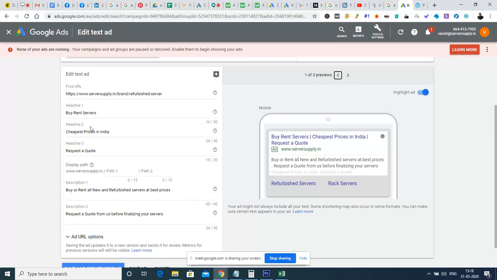Right, so headline 1, headline 2, and headline 3. And what we have is the display path. So display path is the place where we can configure the URL of the particular website. This is helpful in order to increase the ad ranking. Suppose I am trying to increase the ad ranking for rent servers,